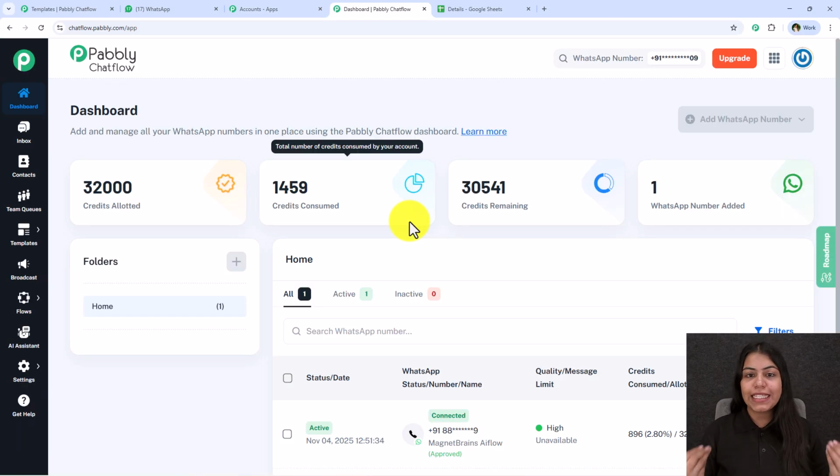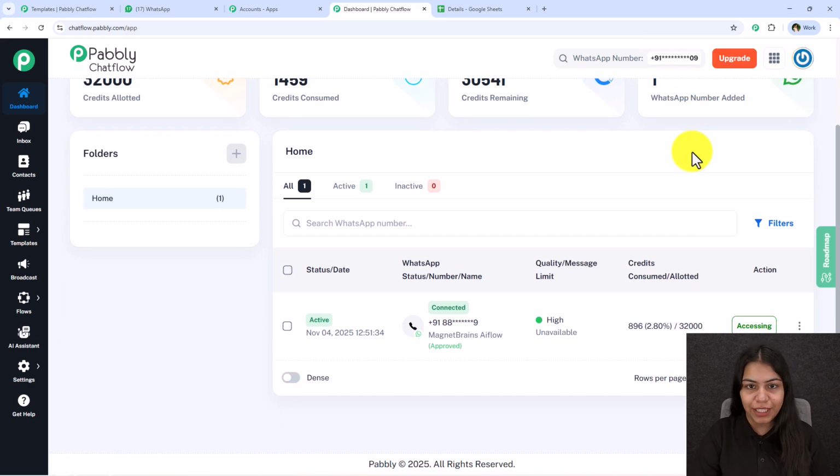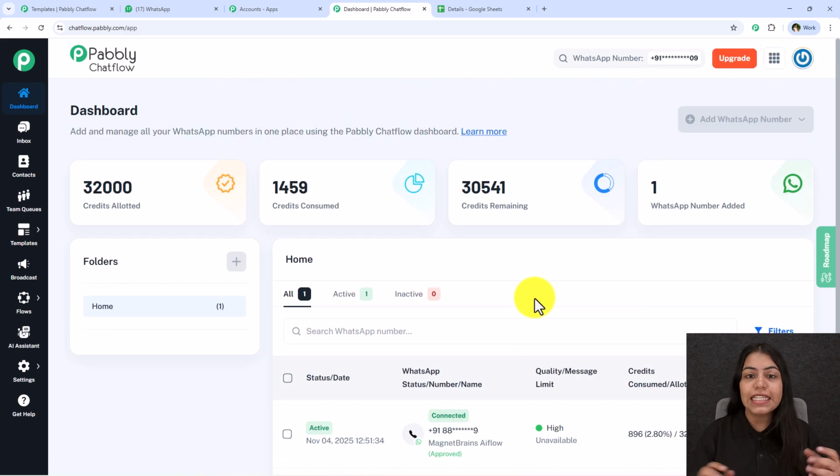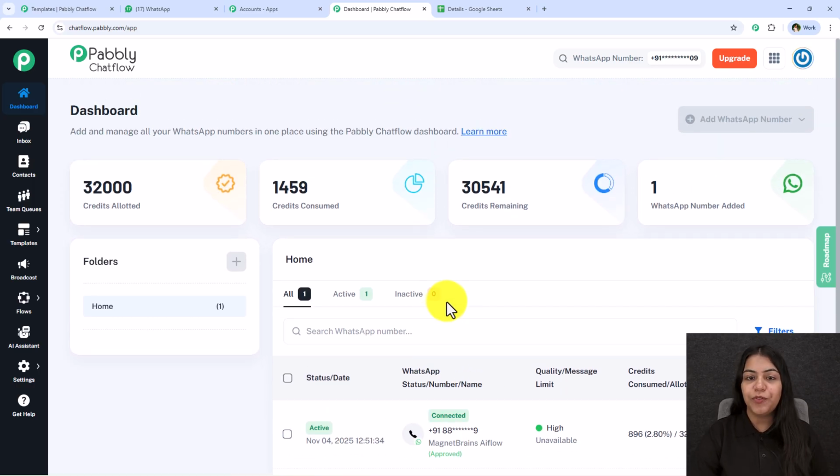And once you open the dashboard of Pabbly Chatflow, you have to make sure that you add your WhatsApp number inside Pabbly Chatflow. For that, over here you're going to see the button of add WhatsApp number. So you can click on this button and using this, you can add your WhatsApp number inside Pabbly Chatflow. If you wish to learn this in detail, a video tutorial dedicated towards the same on how to add your WhatsApp number inside Pabbly Chatflow is attached in the description box below. You can check it out and add your WhatsApp number. As you can see that I have already added my WhatsApp number,